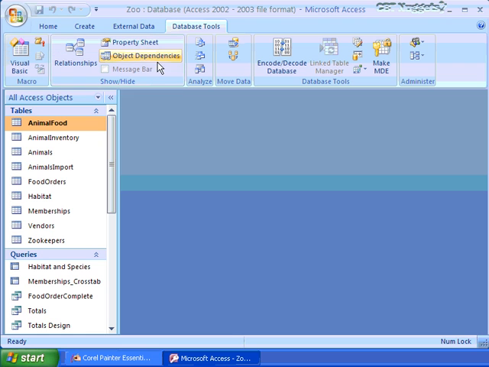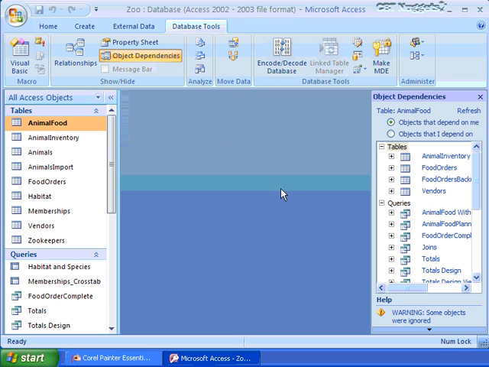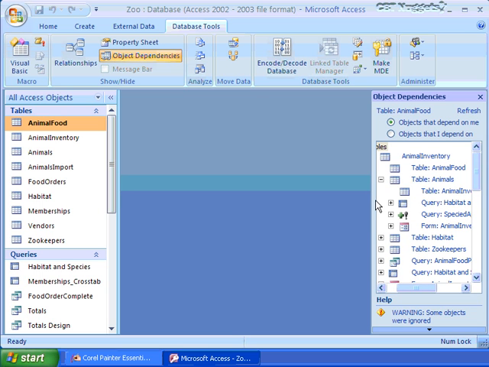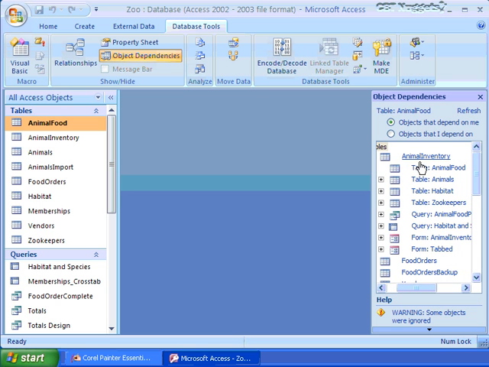We have object dependencies. It's very nice to be able to click on this to see, okay, if I want to delete the animal inventory table, what is that going to affect? Well, I'll be doggone, I have all these other objects that are based or depend on animal inventory. Therefore, I can't just get in and delete it or make changes. I may even have to delete a relationship to make changes to animal inventory, and then I could set that